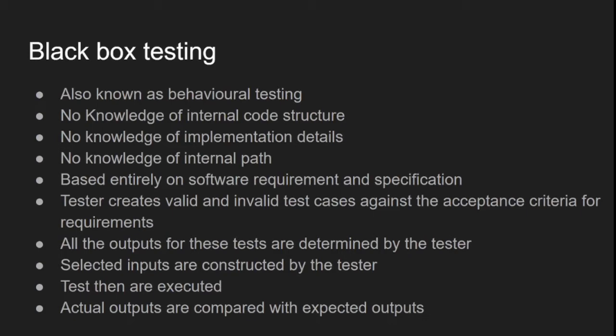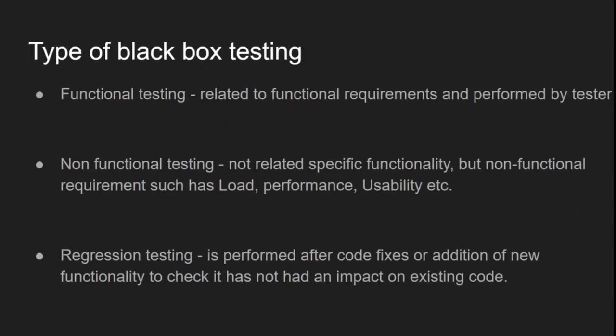So, types of black box testing. There are three main types of black box testing. There's plenty more, but I'll talk about three main ones. The first one is functional testing. This is related to functional requirements, which are written at the start of the system. How the system works: the business requirements are turned into functional requirements, and this functional testing is again performed by a tester. And then there is non-functional testing, which is not related to requirements but more around load